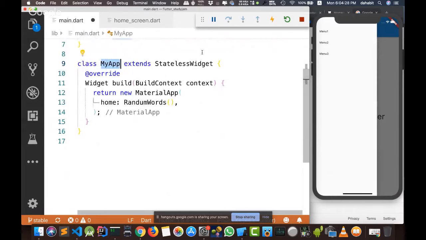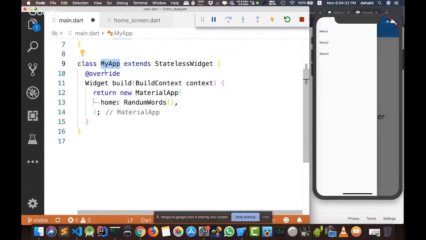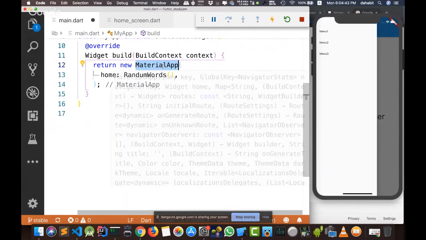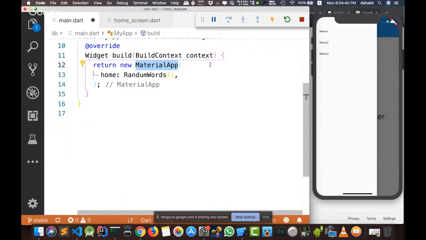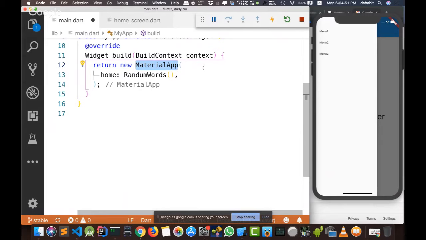And for our main application, because there is no data here and no need to display some data inside this widget, I am using a stateless widget. And the root widget I am using for the material applications that I am building is called MaterialApp. If you are targeting only iOS users, you can use CupertinoApp instead of MaterialApp.